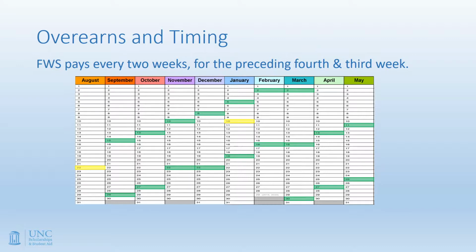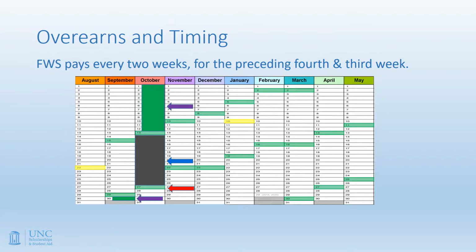So this is a calendar of all the pay periods used by the Work-Study. It's on the university's bi-weekly payroll. And as you can see from these green dates, which are payrolls, payment made on October 27th, when this presentation was originally hosted, is not paying students for the preceding weeks. So it's not actually paying students for their work on October 14th through 27th. No. It's paying students for the third and fourth preceding week, September 29th